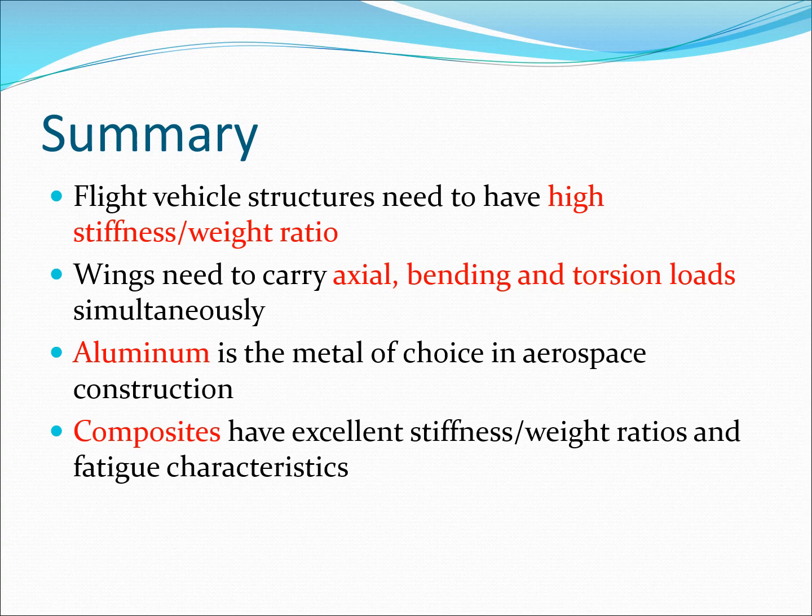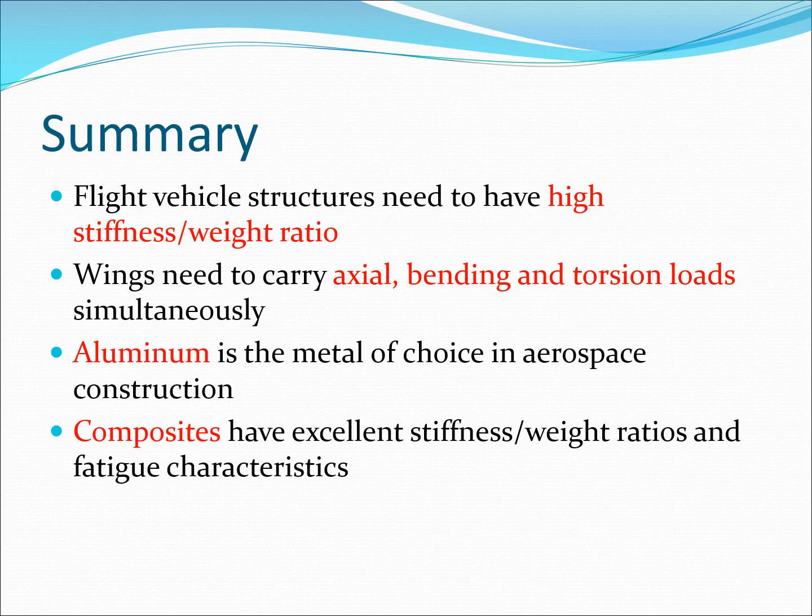Also, we see that a typical wing structure has to simultaneously carry axial, bending and torsion loads, and so we need to design somewhat complex sections for it. It cannot be a simple beam, or a simple rod, or a shaft. It's some combination of these things which comes out in the typical multi-cell cross section and a box beam type of design. And also we saw that aluminum is the metal of choice as far as aerospace construction is concerned,